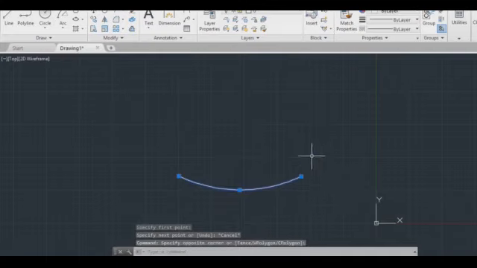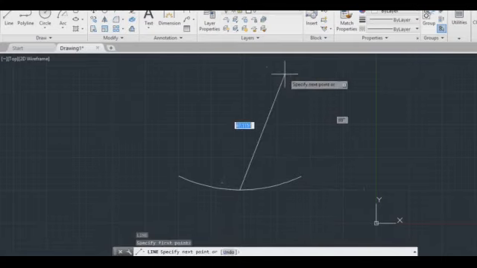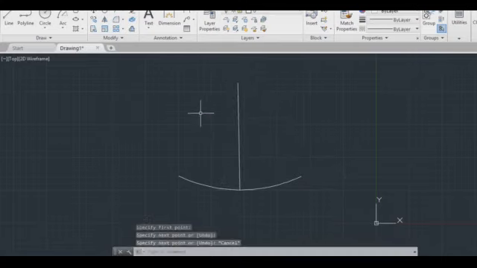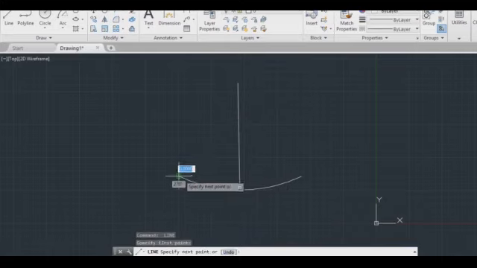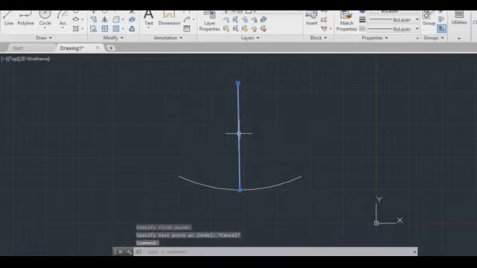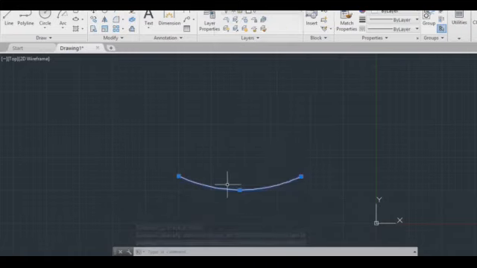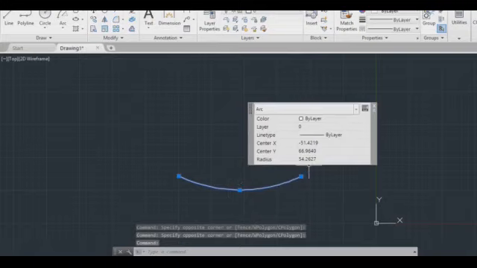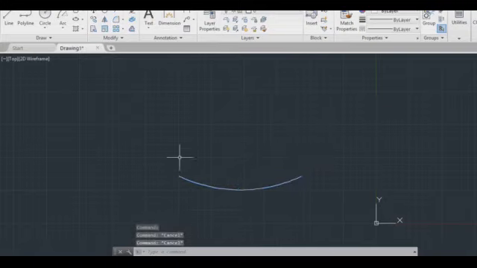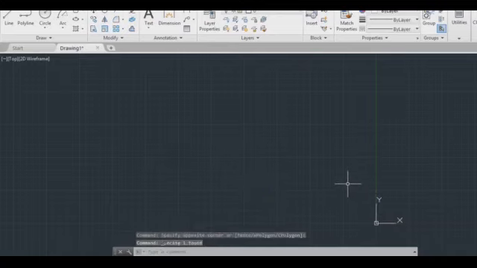The line drawn from the end points to the center point will indicate the angle of inclination. That is about start, end and angle. You can see in quick properties, here you have radius. You can alter that radius if you require.